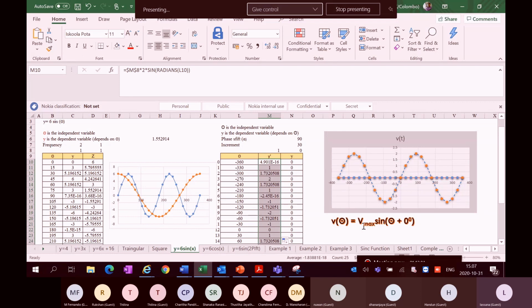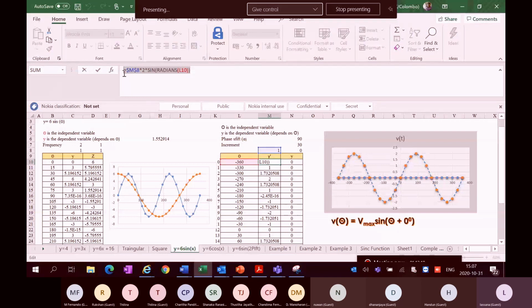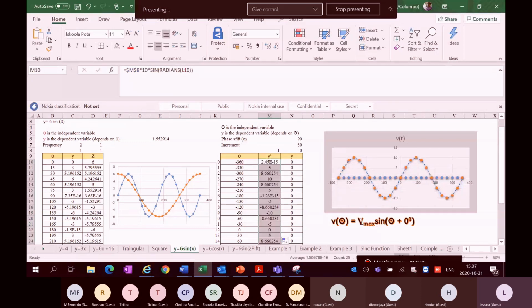I mean, this is how I wrote the equation. Don't worry. Whenever you draw it, you may be able to follow different ways. This is one of the ways that you can do. Likewise, if I change this value to maybe 10, your signal height changes. Of course, apply to all rows. Now it is 10. That means this particular parameter of the signal shows the maximum value of the signal. As I am referring to a voltage signal, this Vmax shows the maximum voltage value, right?